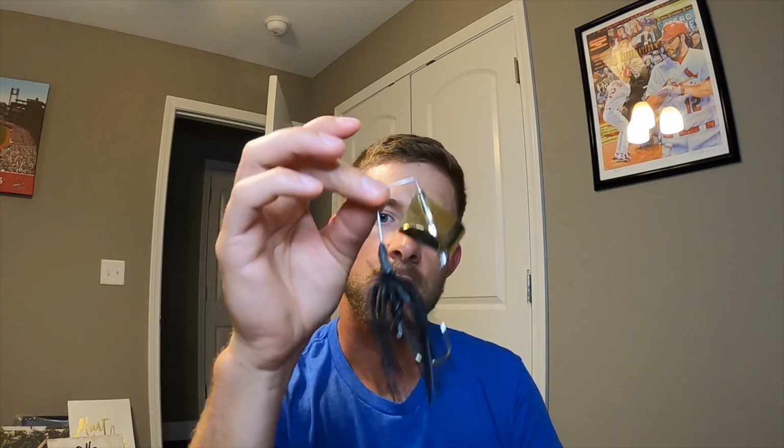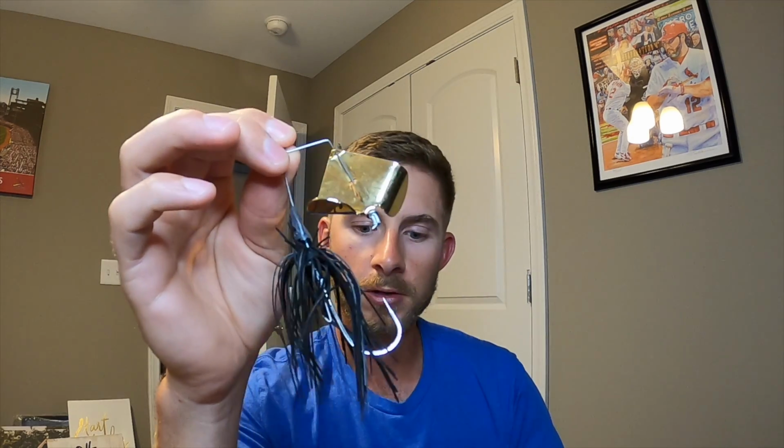Of course, if you've watched previous videos, I like the LG Bone color from Mega Bass, which is basically a blue, a little bit translucent sides with a chartreuse belly. I really like that color, or a Table Rock Special color works good. And then as it does get cooler, I really start to like to throw the top water. So I think my favorite bait would be the buzz bait, and you can go with or without the scooter